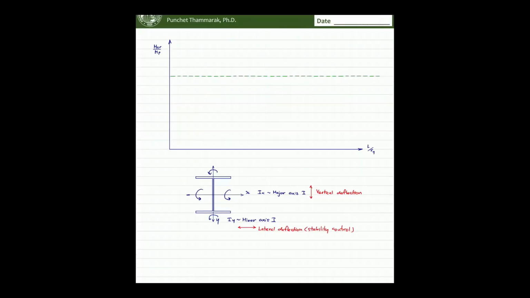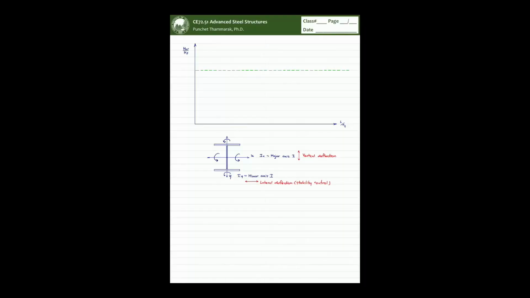Basically, it is like a column. When we consider the column, the cross section controls the capacity of the axial force, and the maximum possible number you can apply is the A times the Fy. So the material nonlinearity controls the capacity, and likewise for the